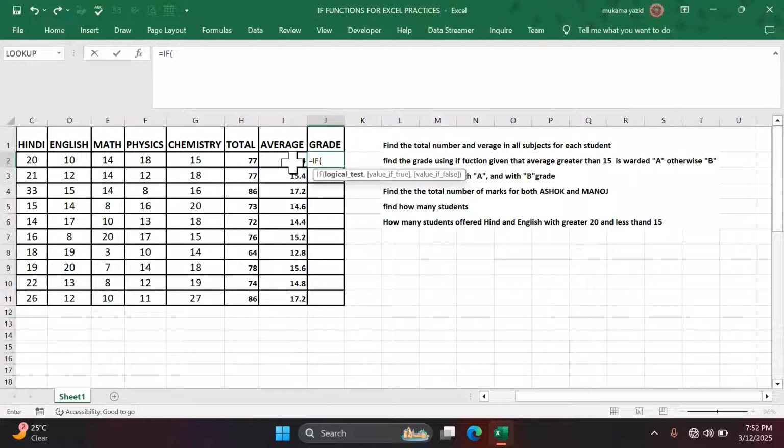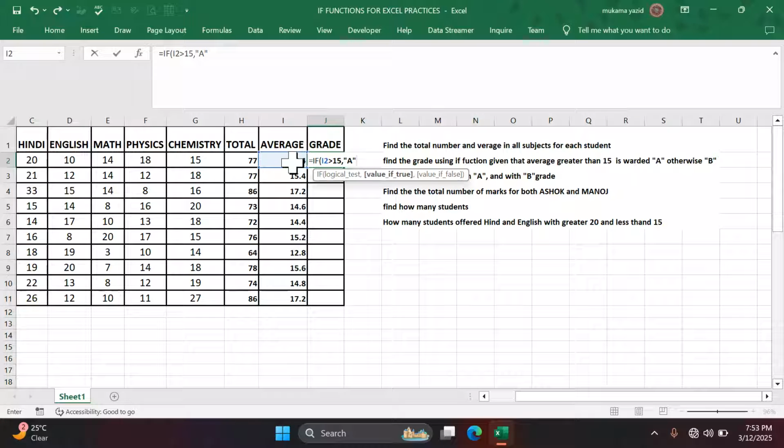we come here to the first number for the average, and we say if the value inside that cell is greater than, this is the question we are trying to ask, that is the test. If greater than 15, obviously, comma. So we go to another part. If it is true, it means if the statement we have just asked Excel is true, what do you want to see? We would like to see A,